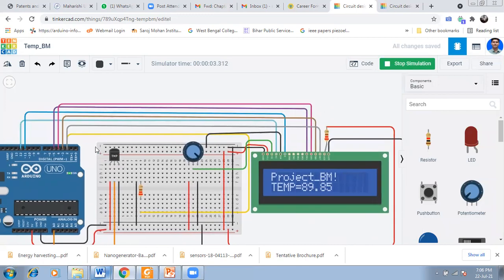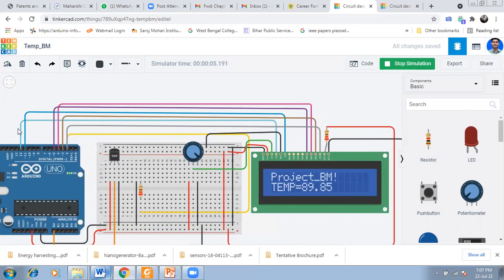You must always remember that. Ground is connected with ground, VCC is connected with plus 5 volt, V0 is connected with the middle point of the potentiometer, the other end is connected with the power supply, and terminal 2 is connected with ground potential. Now this is your RS.